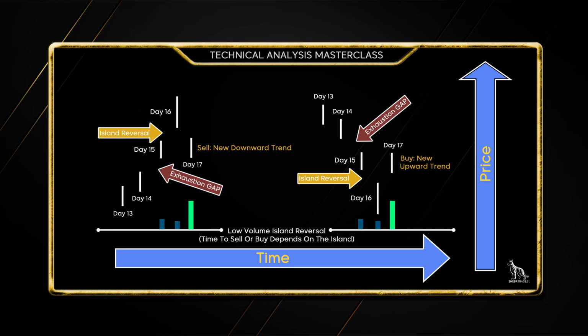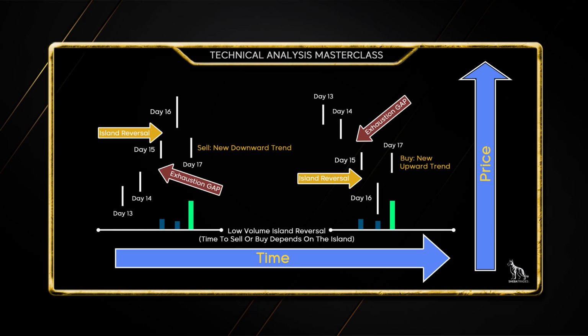By the same token, if you look on the other side, at days 13, 14, and 15, things have been trending. We haven't bought yet because it's in a downtrend. There's an exhaustion gap from previous runaway gaps and breakaway gaps that have led to a strong trend going downward. Prices are going down. We see the exhaustion gap between days 14 and 15, and we see that on day 16, following that exhaustion gap, we formed a nice little island there.